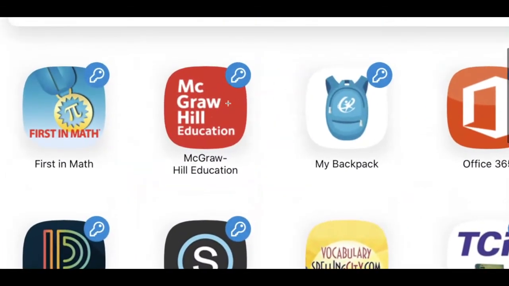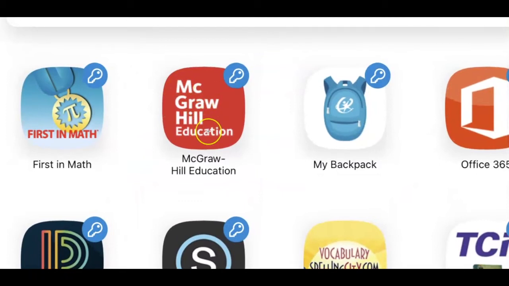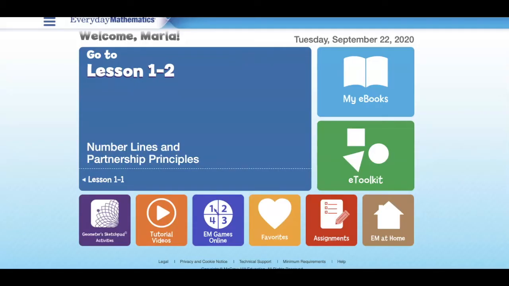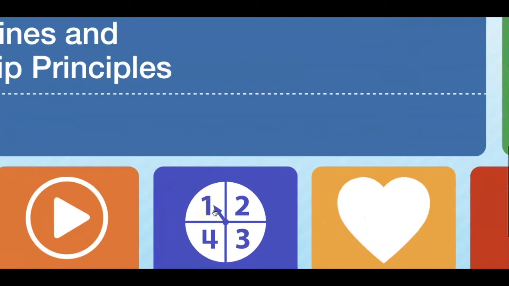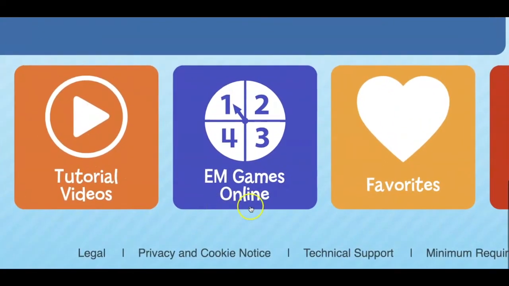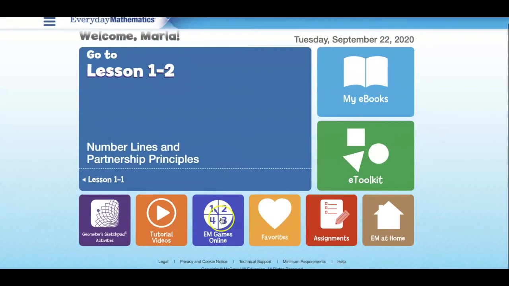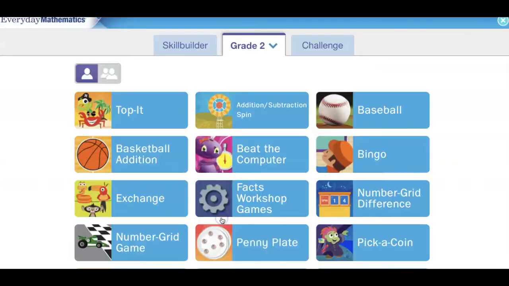Now you have to click on McGraw-Hill Education to get into ConnectED. So go ahead and tap on that app. Once you launch your journal, you will finally be in to your ConnectED materials. Remember that our games are found in the purple box with the spinner, where it says EM Games Online. Once you find that box where the games are, you're going to want to go ahead and tap on it,